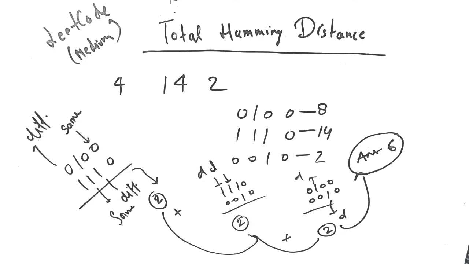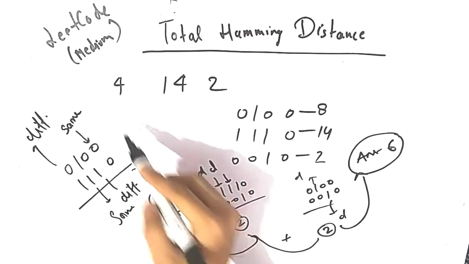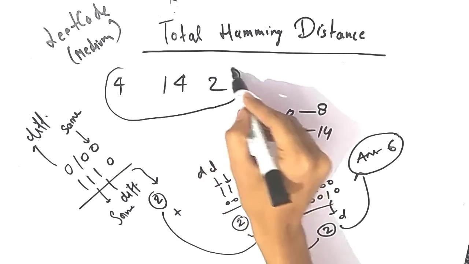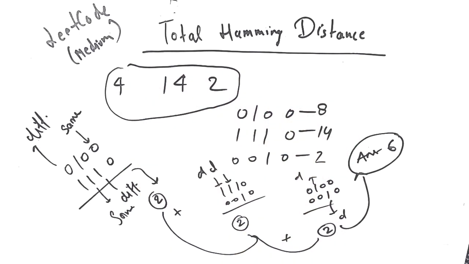So hello guys, today we are going to discuss one very interesting problem, and the problem name is total Hamming distance. This is a LeetCode medium problem of bitwise manipulation. So what the problem statement is, you are given an array of integers. Let's suppose you are given an array of 4, 14 and 2. These are the three elements of the array, and you have to find the total Hamming distance between each of